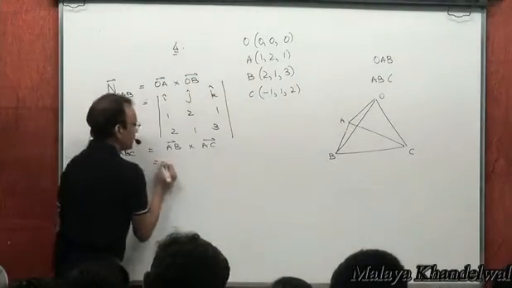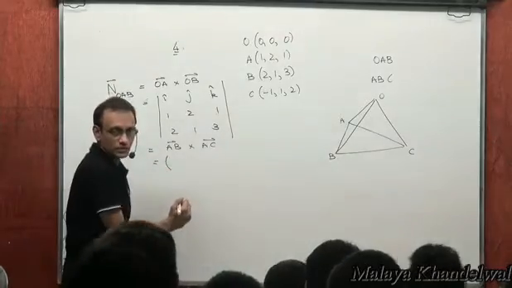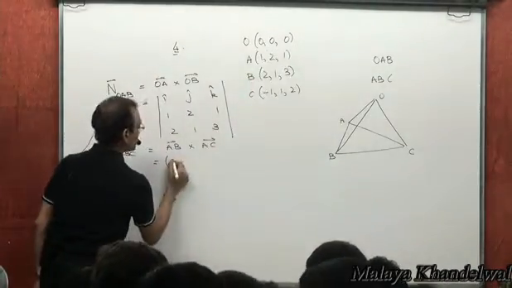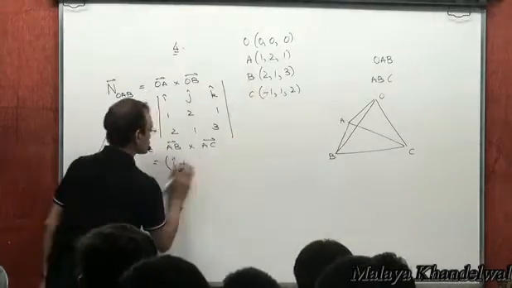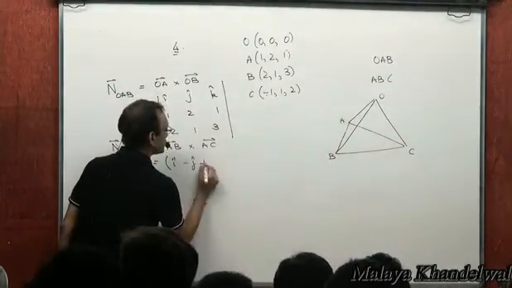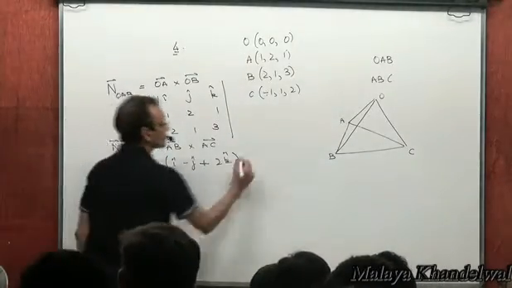What's the vector AB? Position vector of B minus position vector of A, isn't it? Position vector, that means 2 minus 1 i cap plus 1 minus 2, that means minus j cap, plus 3 minus 1, which is 2 k cap. That's AB